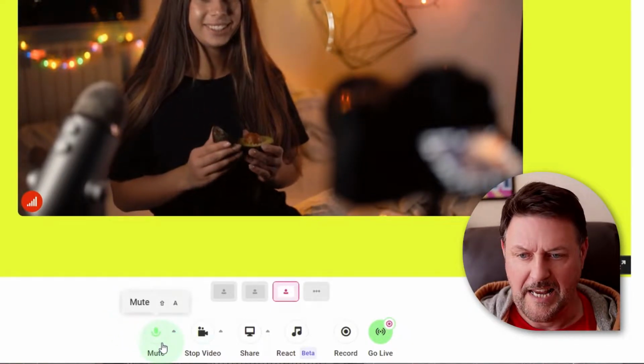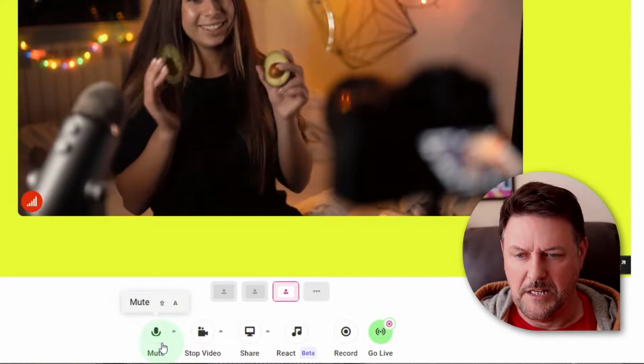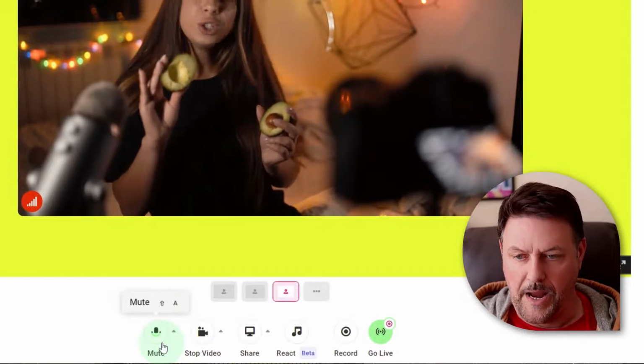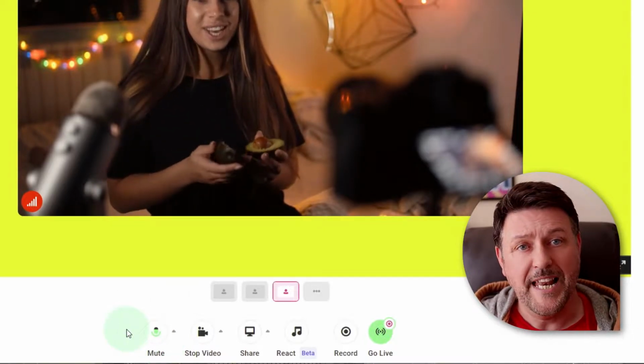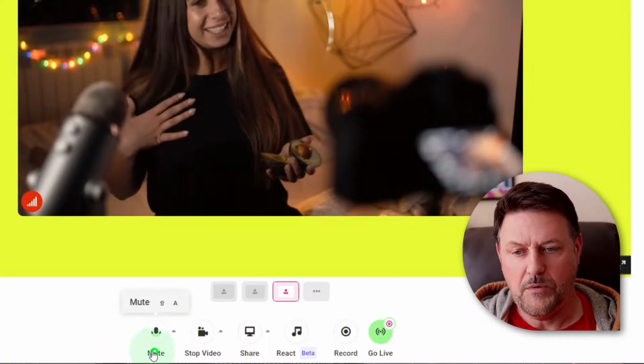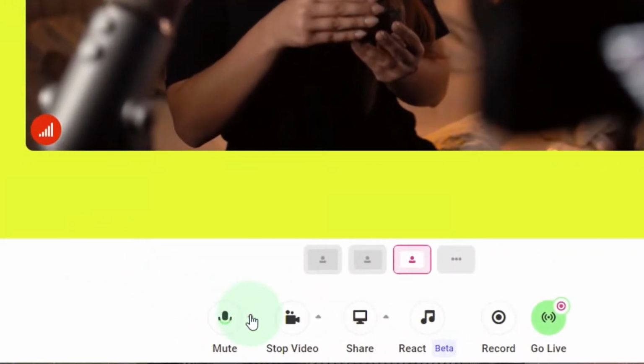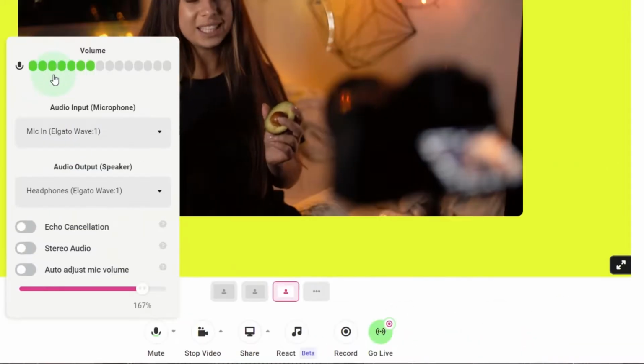Well, firstly, it does show us the microphone, and you'll see that as I talk, there's a little green bar that's going up and down. So that's giving me a visual indication that my microphone's working. And if I click on mute, you can obviously no longer hear me. If I hit the arrow beside there,